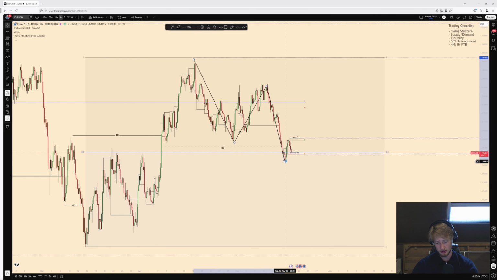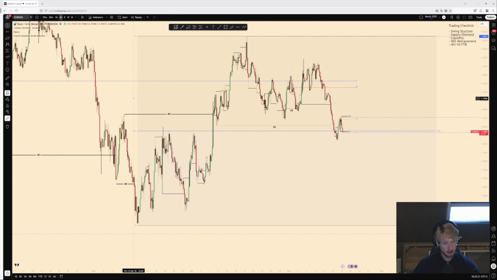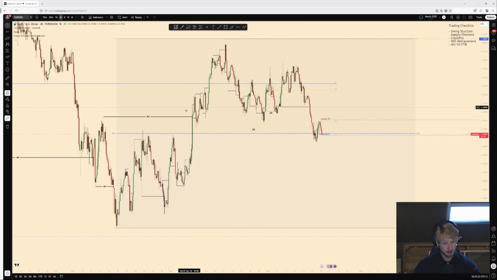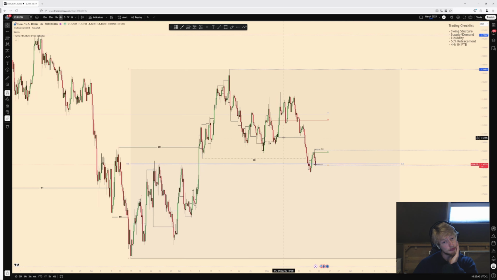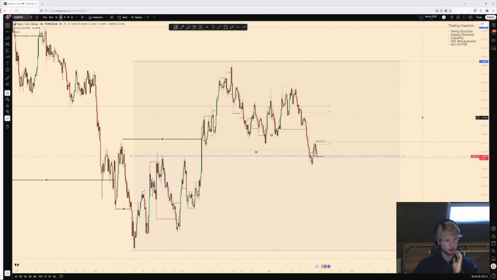But in my opinion, the swing structure is, let me see, we break up here, then this is our lowest point. Otherwise, what we can say is that this was our swing, that we are now 4 hour swing bearish as well. And then we can see some lower prices for Euro USD. But this is kind of the difficult part I am going through right now with Euro USD, and it's good to share my thought process in this,